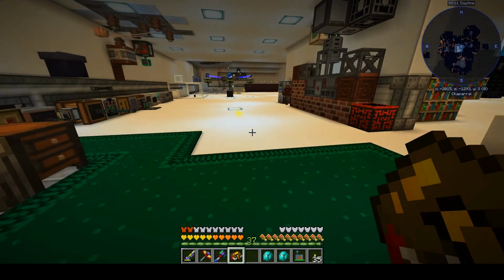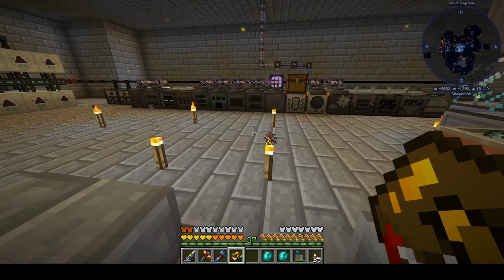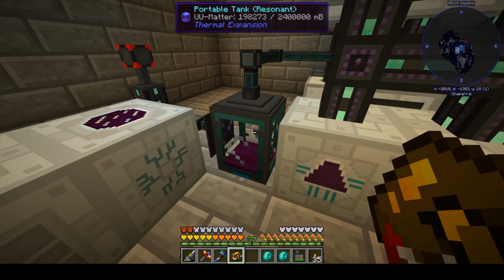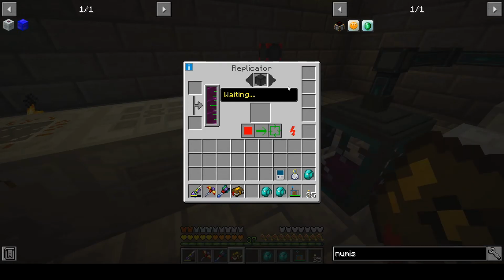I've got to take a careful look at the UU matter situation, mostly just because this machine is driving me nuts. We're up to 198 buckets of UU matter, and I don't need a ton of the things that we can make with it anymore. I got into this a bit late,